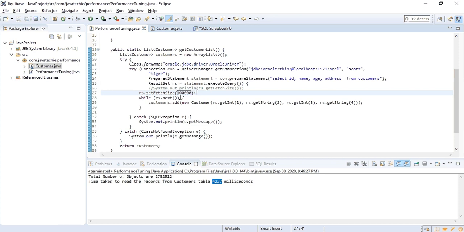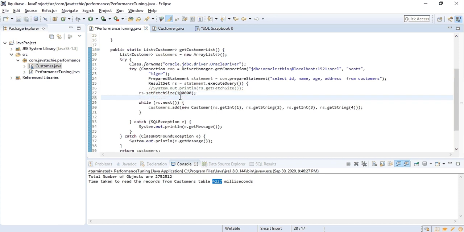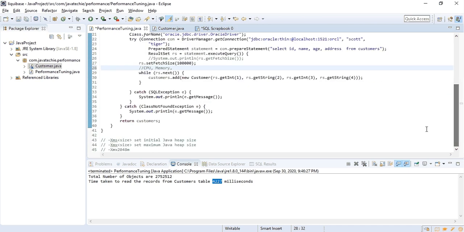This is because whenever we give this fetch size, we need to consider a few parameters like CPU utilization, memory, and also the initial heap size and the max heap size.